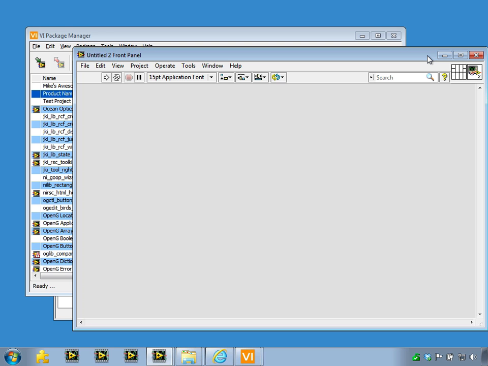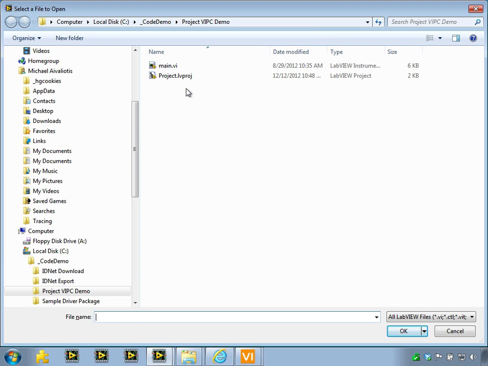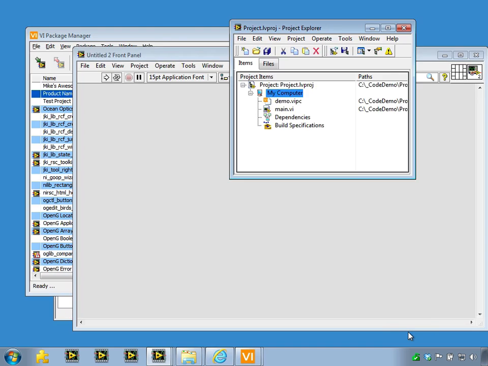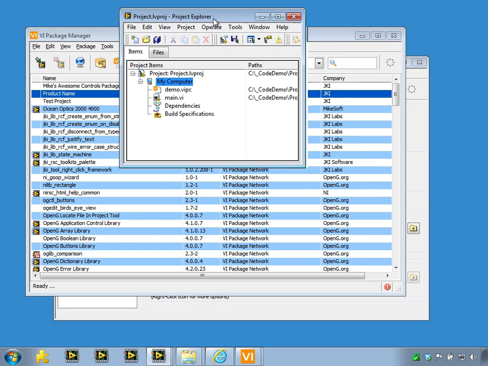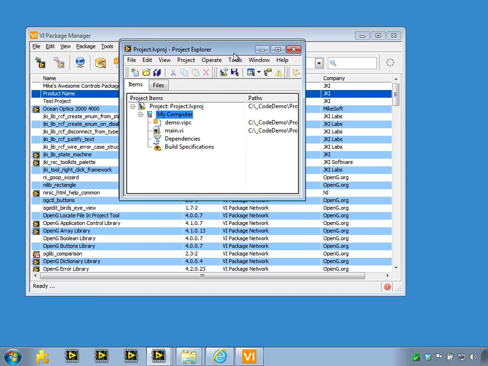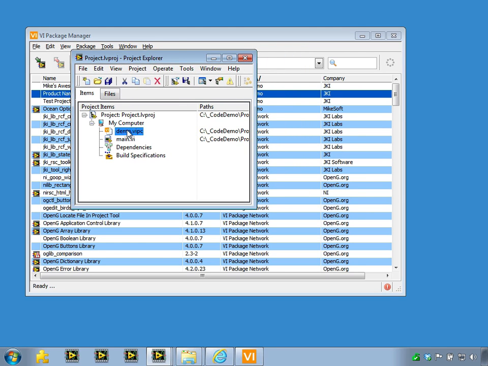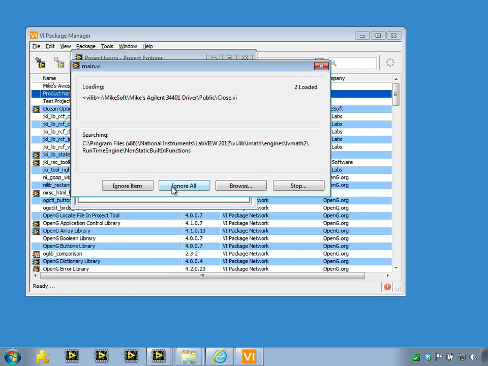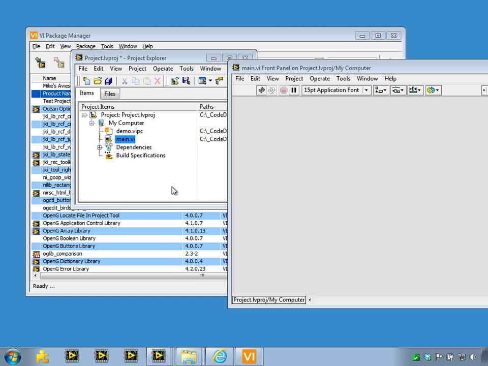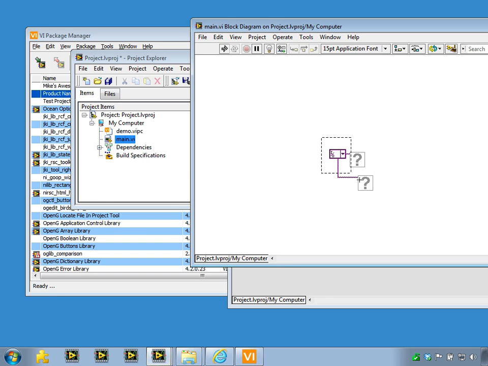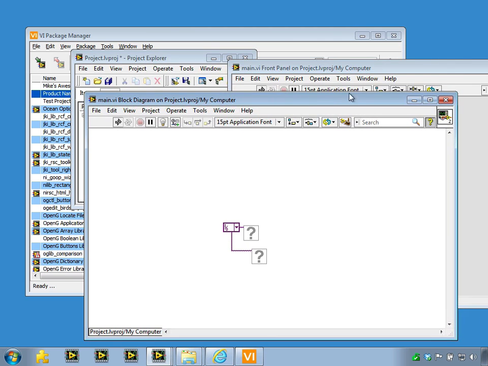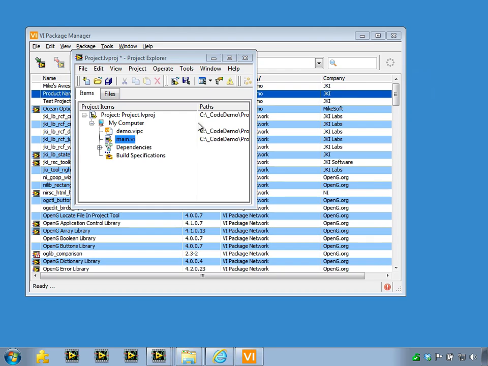So I'll open a project in LabVIEW, and in this project, I've included a VIPC file. If I open the main VI, you'll see that it's searching for a specific driver, which is missing. If I ignore all and show the block diagram, you'll see that it has question marks on the diagram. This is because a reuse library that this VI depends on is missing. Now, if I double click on the VIPC file,